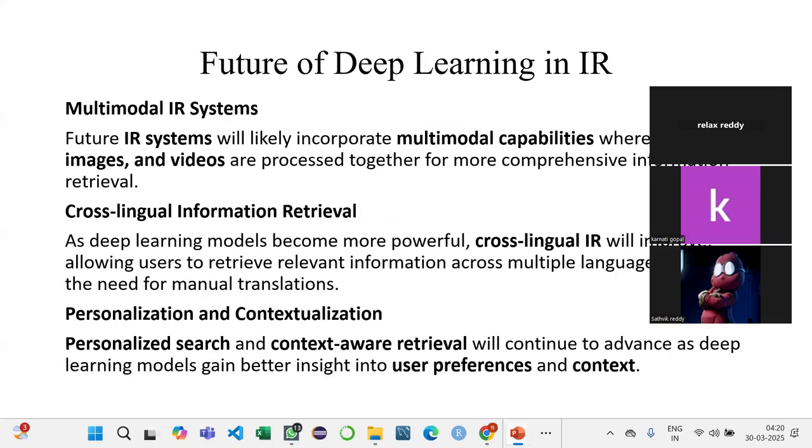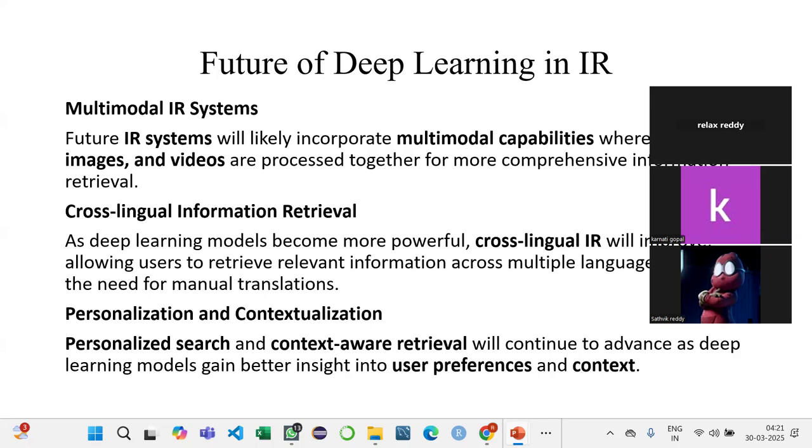So the future of deep learning in IR comes with multimodal information retrieval. Current IR models mostly focus on text-based search, but future IR systems will integrate text, images, audio, and videos. Example, Nike running shoes could return text articles, product images, video reviews, and voice descriptions. Some of the technologies like vision transformers, image-based visual search, multimodal learning, and speech-based retrieval enable voice-based search.